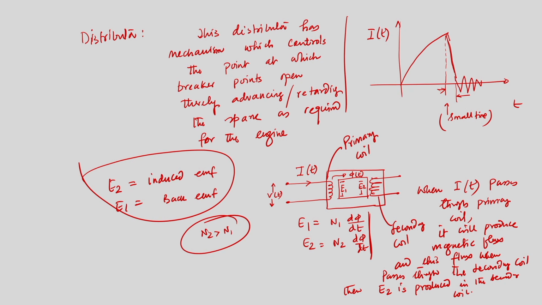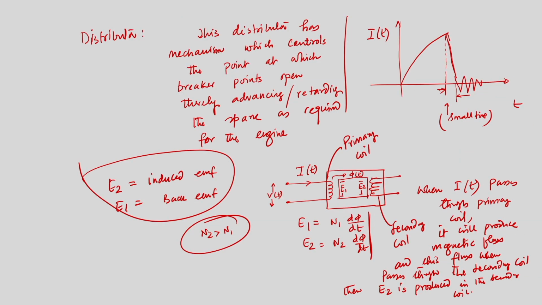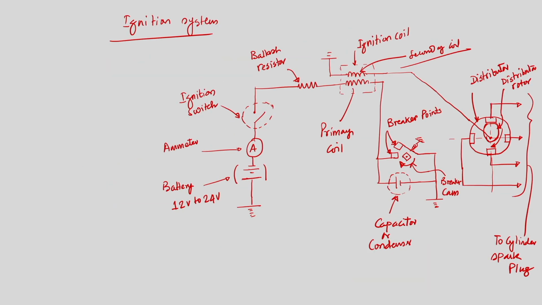Now, the question is, we have to explain what is happening, and also we have explained the oscillation, we have shown the current profile which has kind of oscillations. We will discuss why these oscillations are coming in the profile towards the end of this discussion. If we now look at the schematic carefully, if the breaker points are closed and we switch on the ignition circuit, then a current will flow into the primary coil.